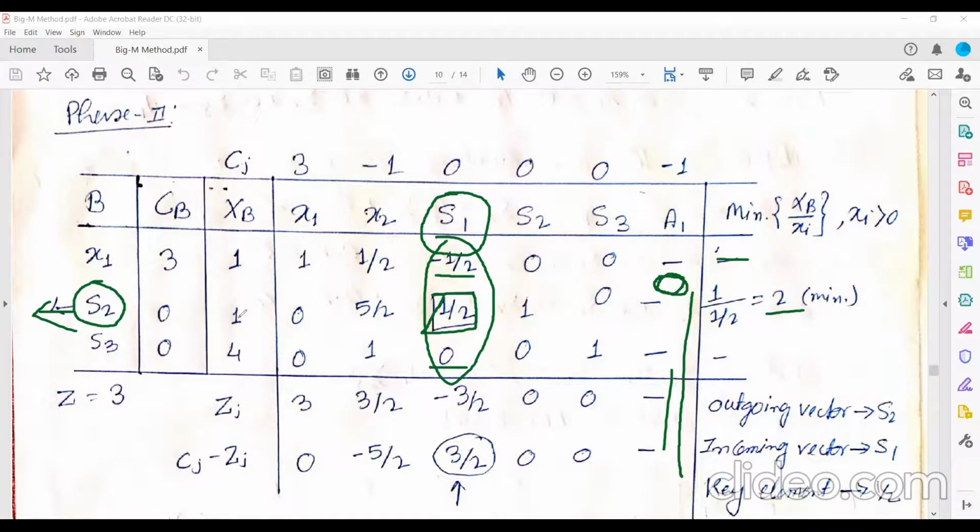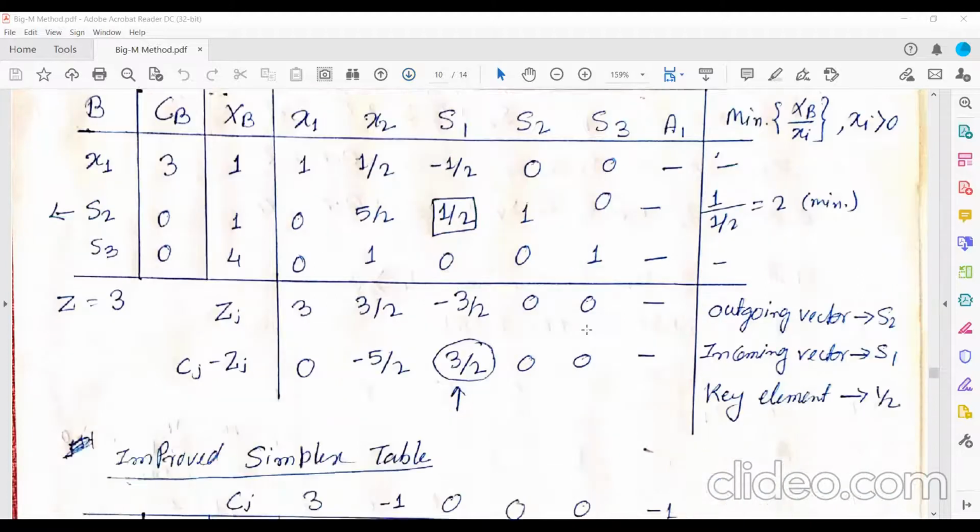Write this second row first, and then you need to convert this half into what? Into 1. So how will you convert it to 1? Just simply multiplying the whole second row by 2. And then you make 0 which element? The non-zero element which is present above and below the key element. So this is the non-zero element, minus half. And this is 0 already. So you have to make it 0 only.